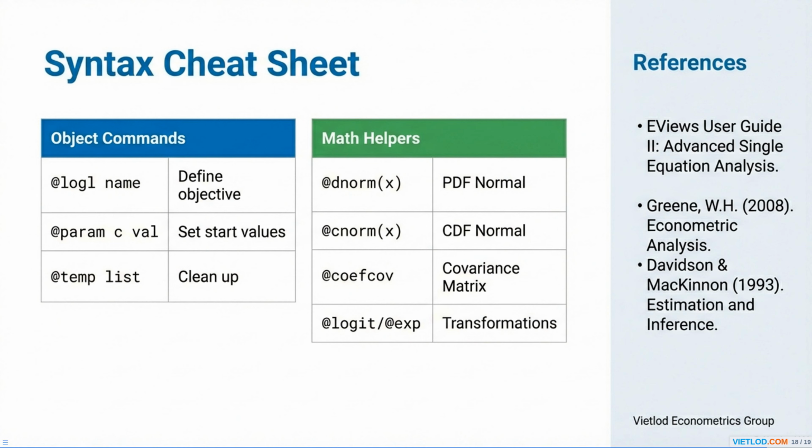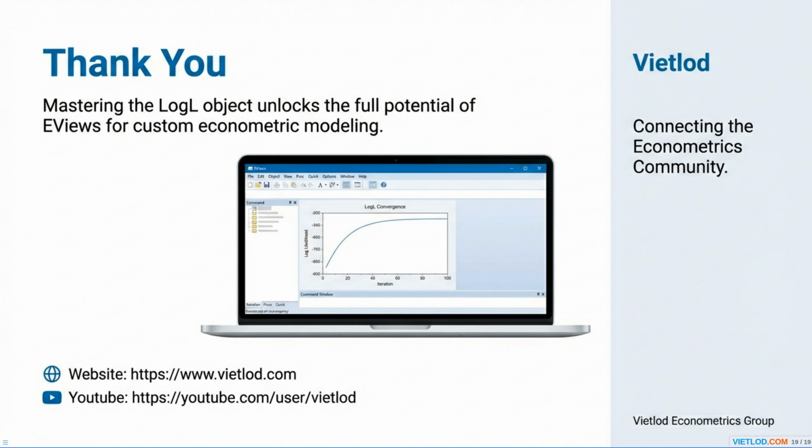This slide provides a handy syntax cheat sheet for key EViews commands and math helper functions, along with essential references. Under object commands, we have @LogL name to define your objective function, @param c_val to set initial starting values for coefficients, and @temp_list for cleaning up temporary series. For math helpers, @dnorm gives you the probability density function for the normal distribution, @cnorm is the cumulative distribution function for the normal, @coefcov provides the covariance matrix, and